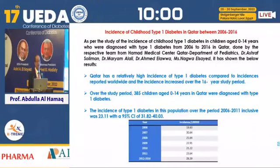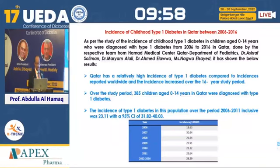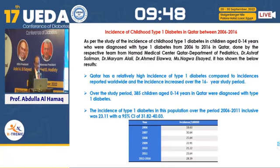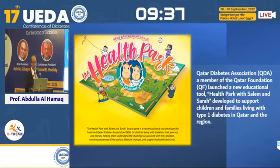We did a survey in 2006. The incidence is about 18 in every 1,000 cases, and then in 2012 to 2016, there was one study that showed it's now about 28.39. So in Qatar,